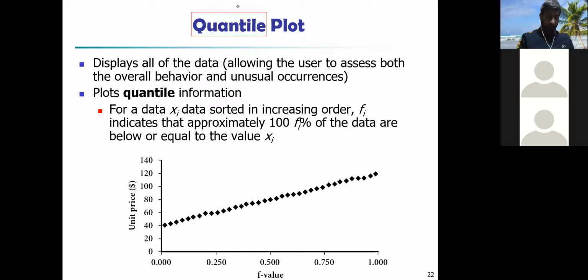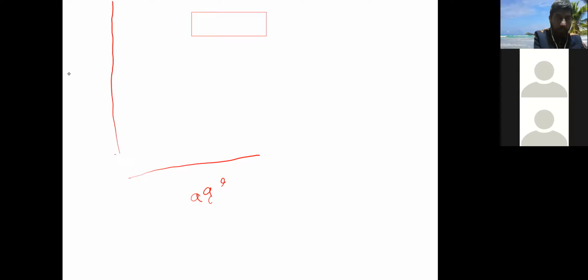Okay. So for example, let me see if I can draw something here. So let's say we have, I would say, age here. And my graphing might be poor, but just bear with me. Let's say you have quantile there. So obviously age is increasing and quantile is also increasing. So